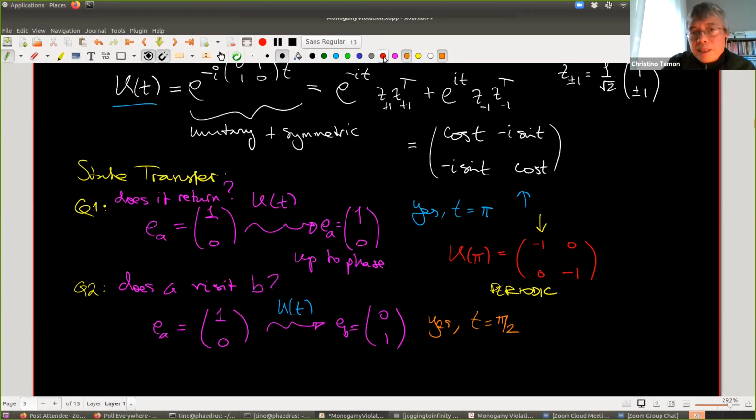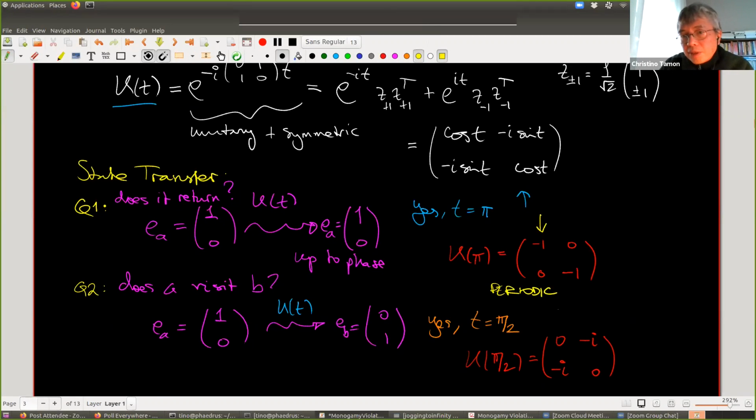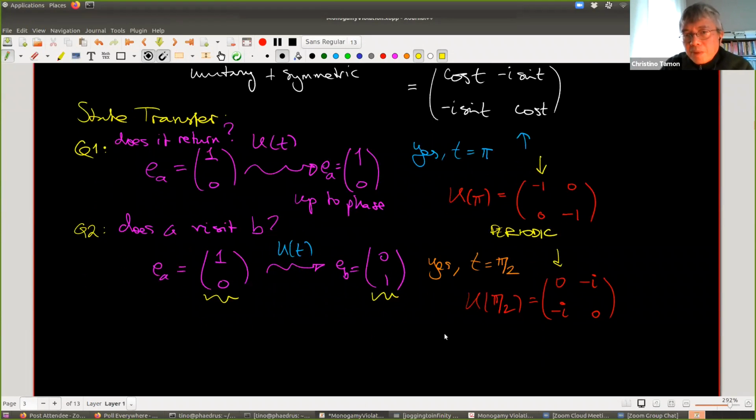So at this other time, we would have 0, minus i, 0. Notice this matrix is complex, it might have complex entries, but it's symmetric. If we peer through this first column here, up to a phase of -i, it does send this unit vector to the other unit vector. In this case, we say there's a perfect state transfer